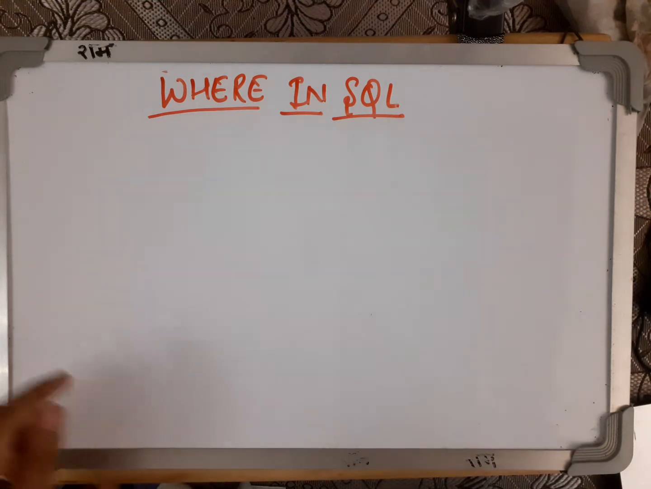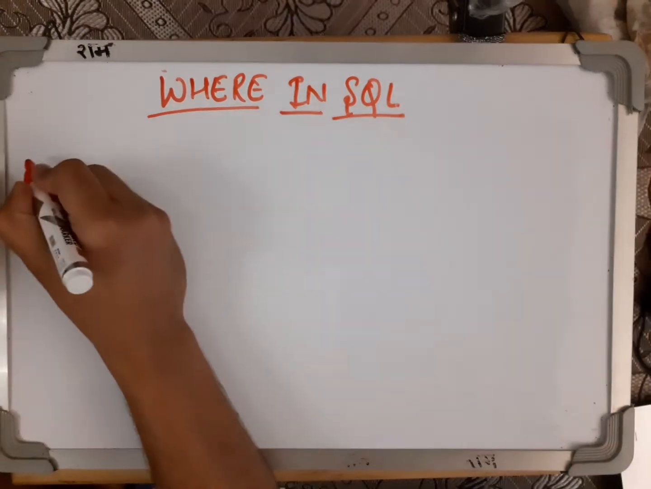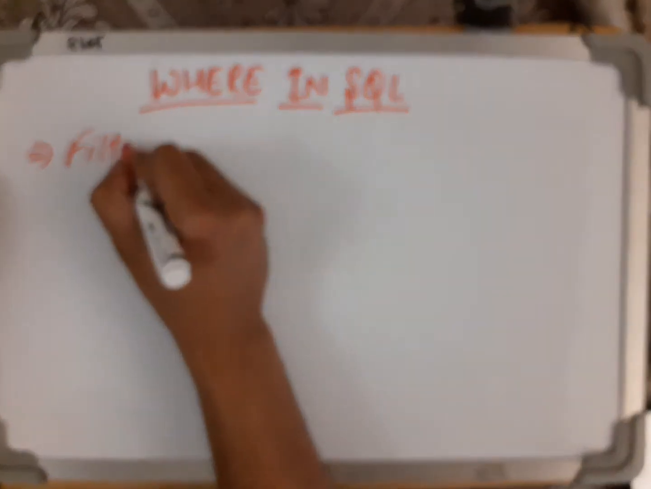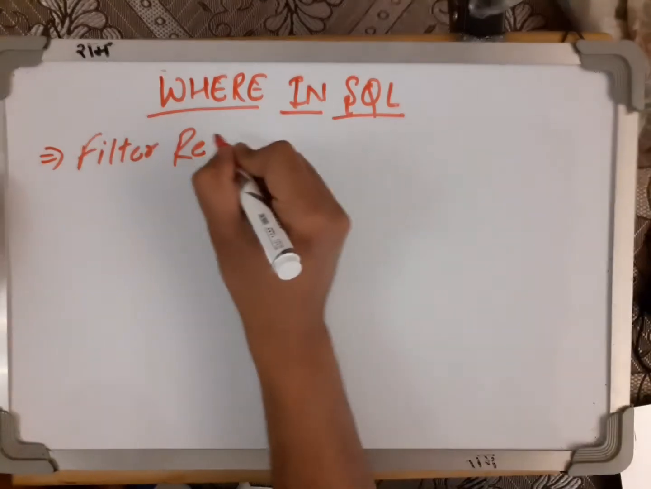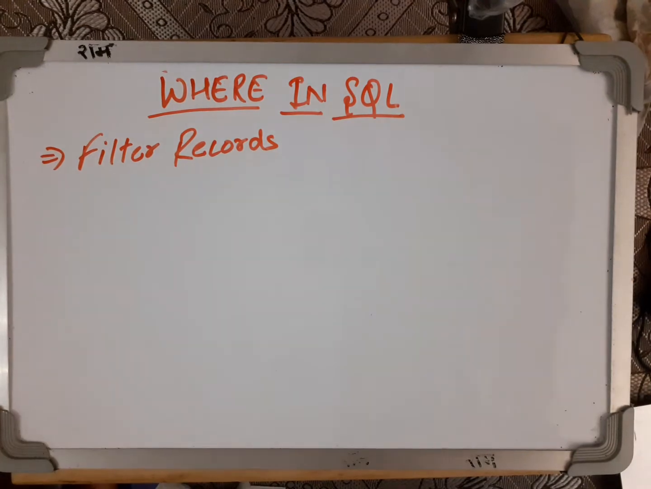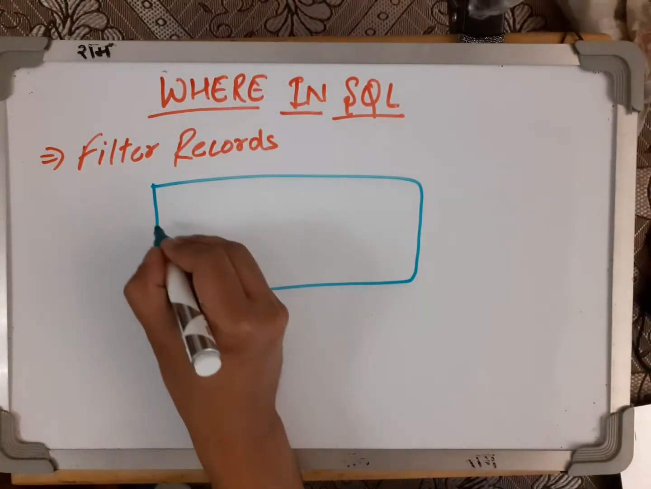Today we are going to do the where clause. The where clause is used to filter the records. Filtering records means we have a record, a table, in which